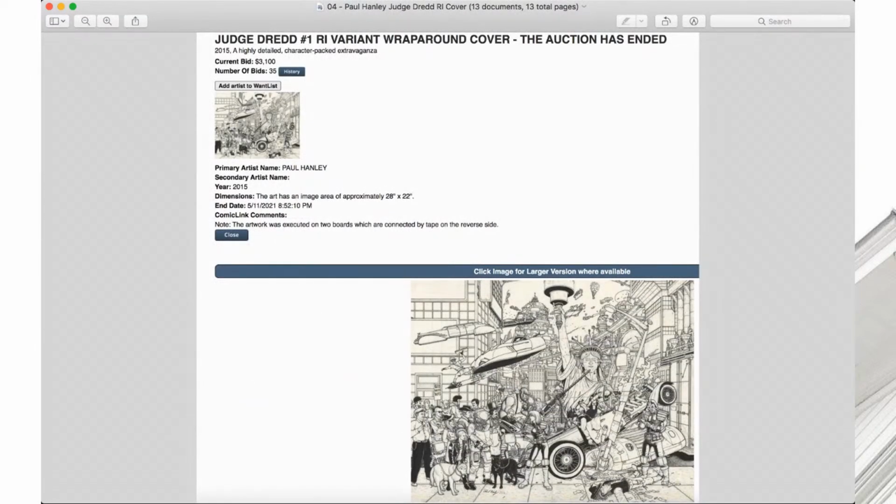This one was a cool cover. It was hard to take a picture that had the full image in it and that also gave you the price. So I did my best with this screen grab, but this is Judge Dredd number 1. This is the retail incentive variant wraparound cover, illustrated by Paul Hanley. I mean, you got like the Statue of Liberty on there. You got all sorts of vehicles piled up. You got animals. You got human characters. You got like an airplane or like a futuristic Judge Dredd